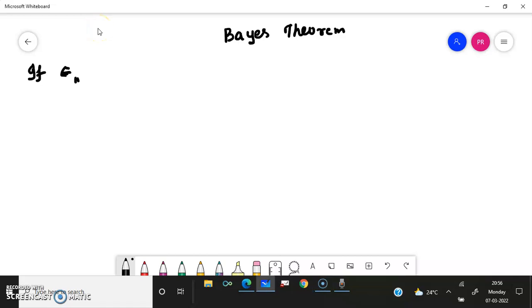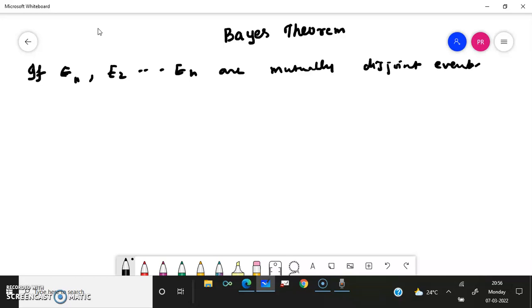If E1, E2 and so on to En are mutually disjoint events, so we are having E1, E2 and so on to En, n mutually disjoint events with